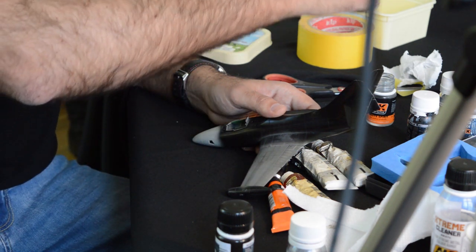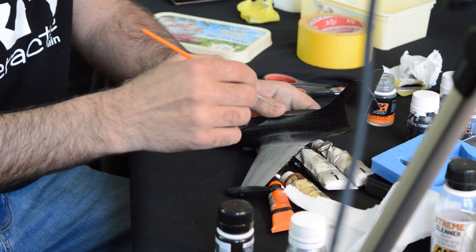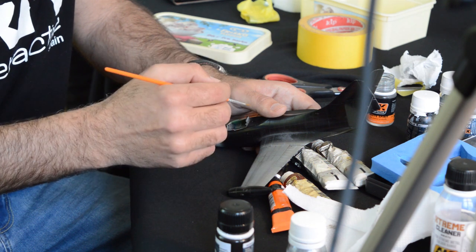When you use the white spirit on the extreme metal paints, you